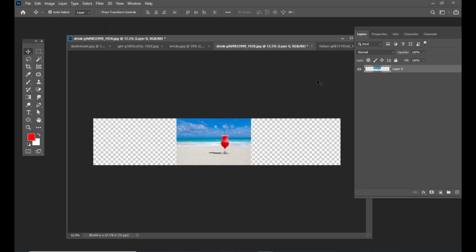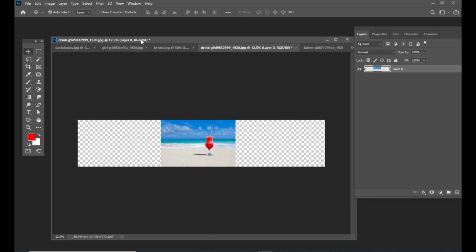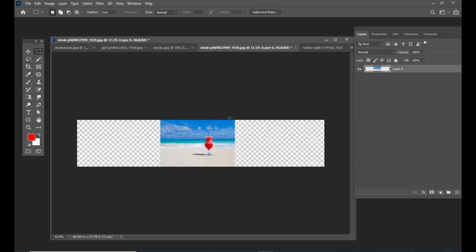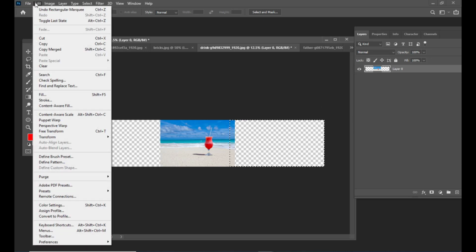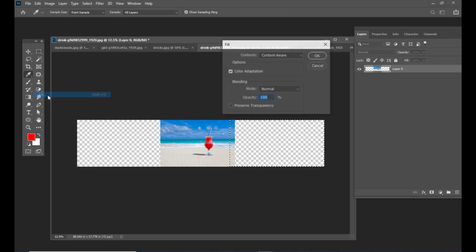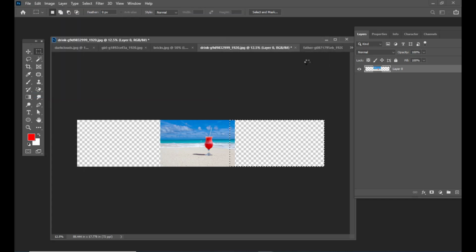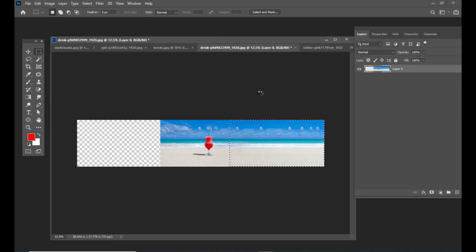Over here, let me try the old method, which is Content-Aware Fill. I'm going to draw a selection a little bit inside the image to the right edge of the document, then go to Edit, use Fill, select Content-Aware and click OK.